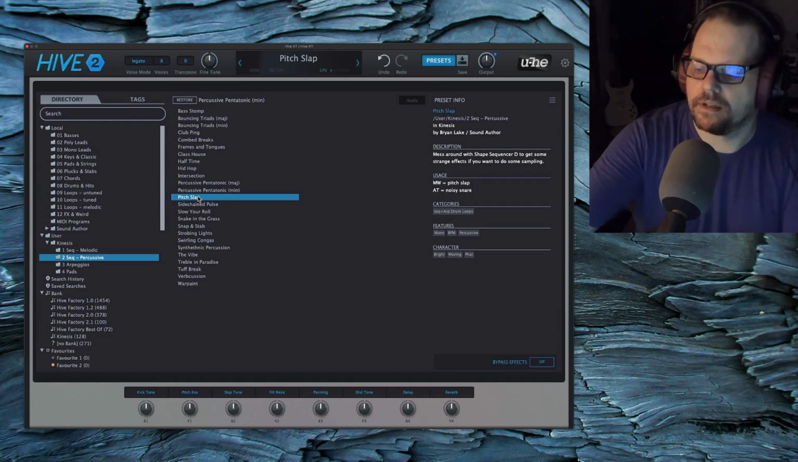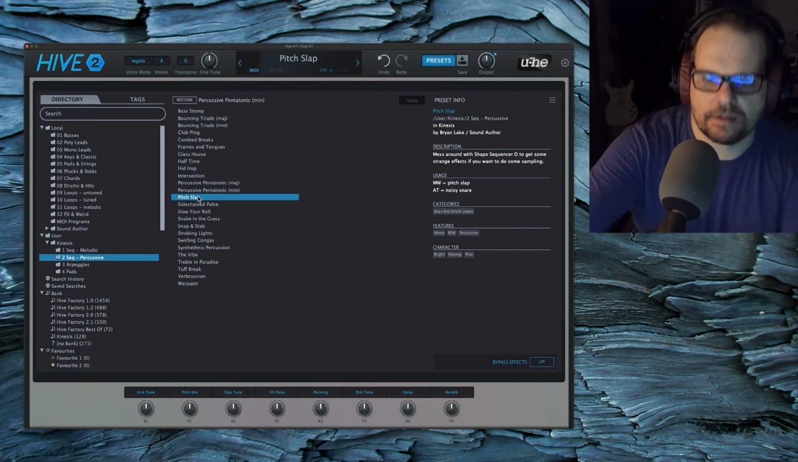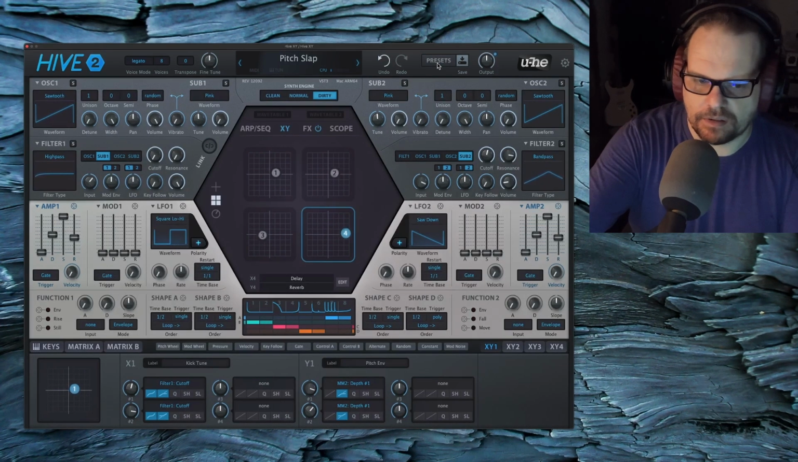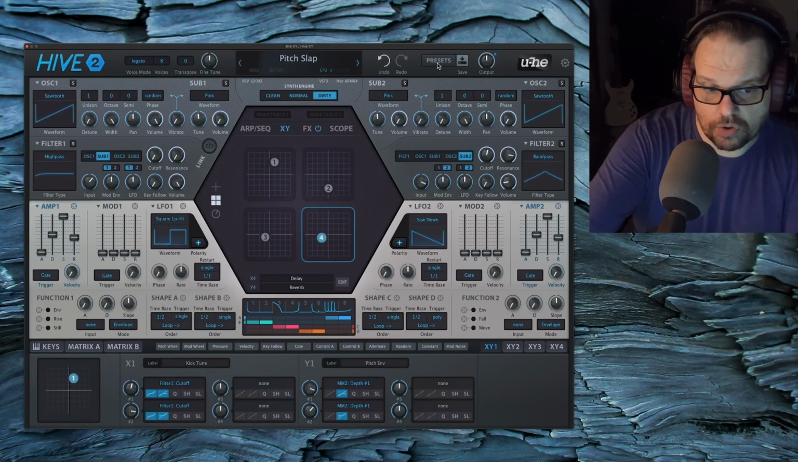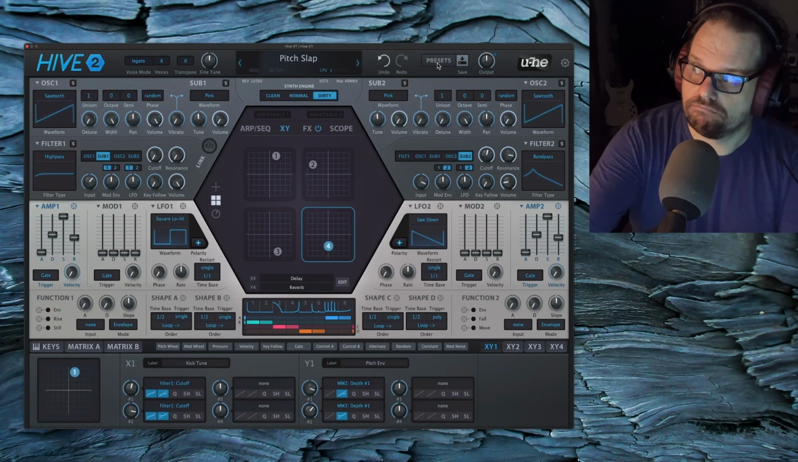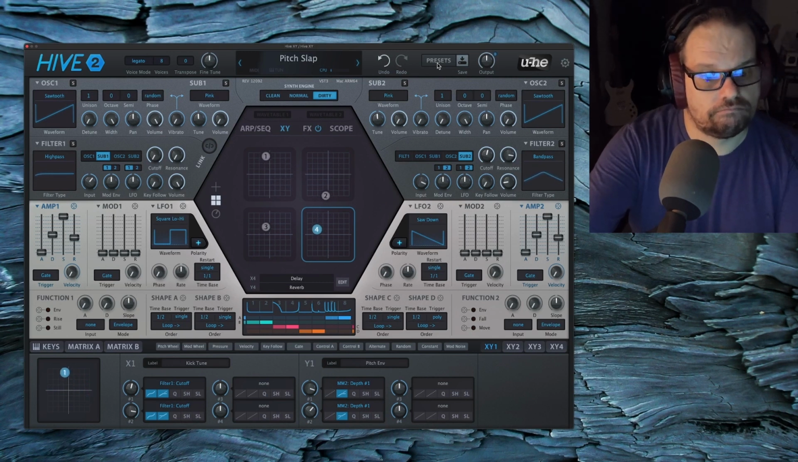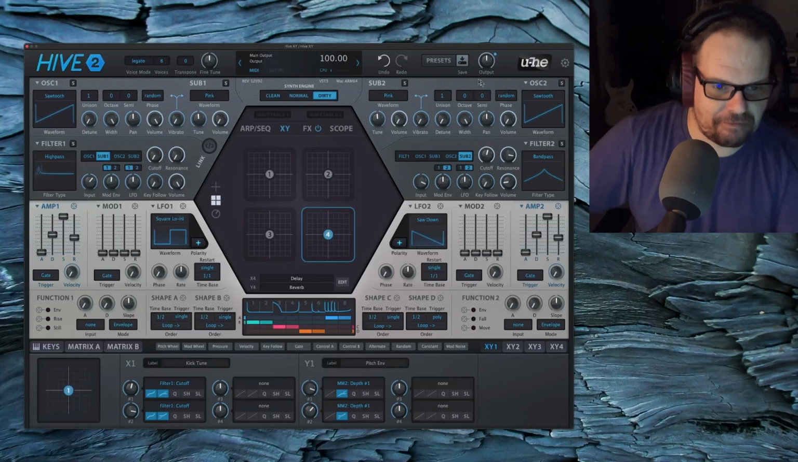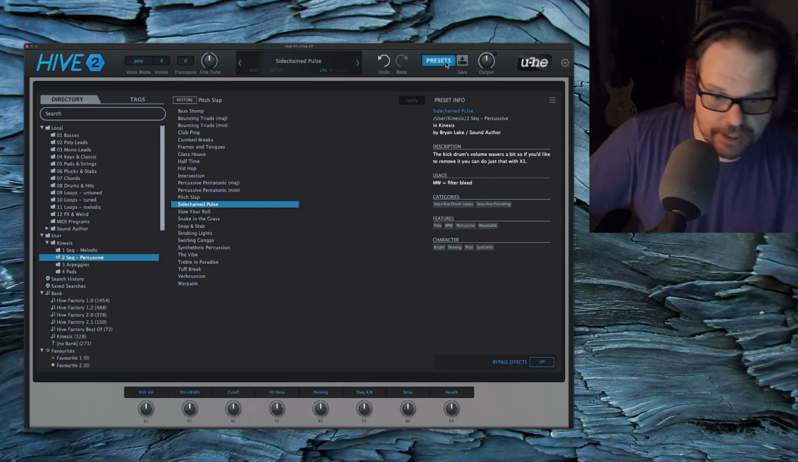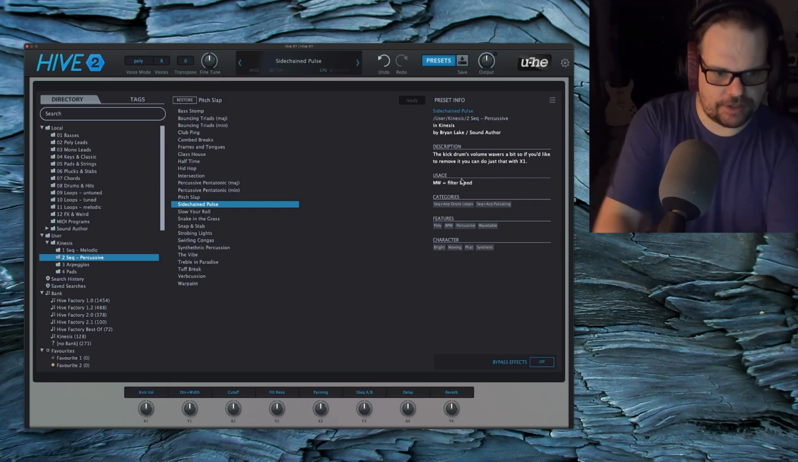I love this one. Little pitchy thing happening with the mod wheel. Okay, so there's some interesting stuff. Okay, XY assignments aren't always going to be wonderful in every single situation. It's a poly patch, so...